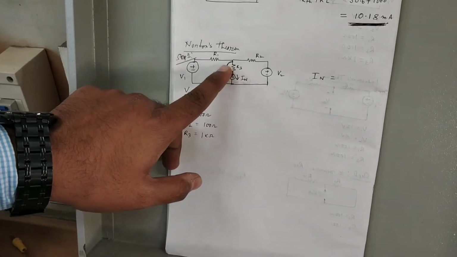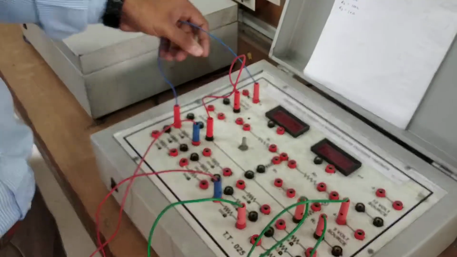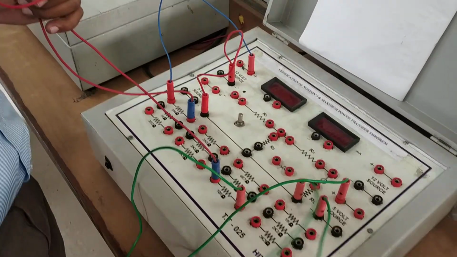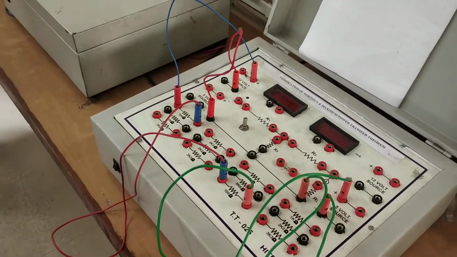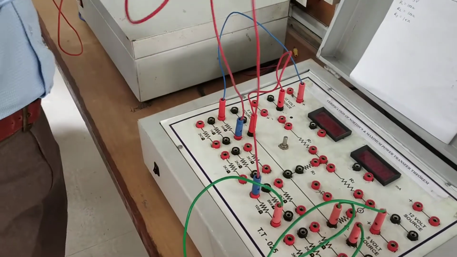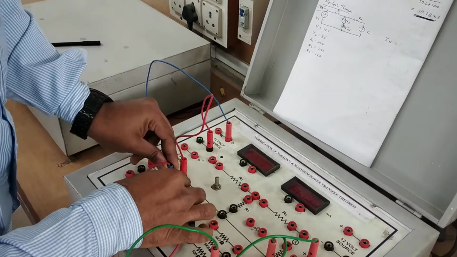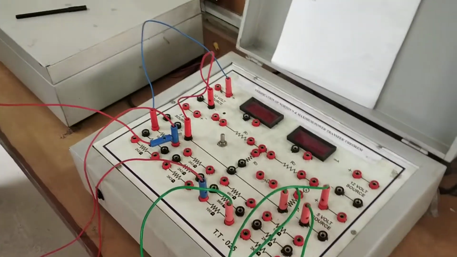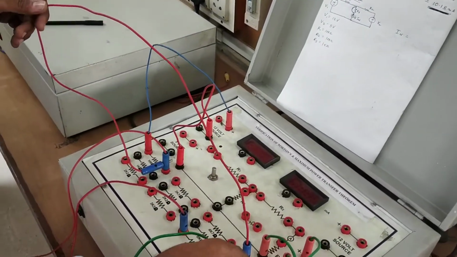So let us develop this circuit in the theorem kit. This 12 volt V1 goes through 100 ohm R1 to R2, and from R2 to the 5 volt V2, and from V1 and V2 to ground. This has already been done, so I am not repeating it. Now the junction between R1 and R2 goes to R3. So let's connect it. This is the junction between R1 and R2, and we connect it to R3. R3 we have chosen as 1K, so this is the 1K we have connected.